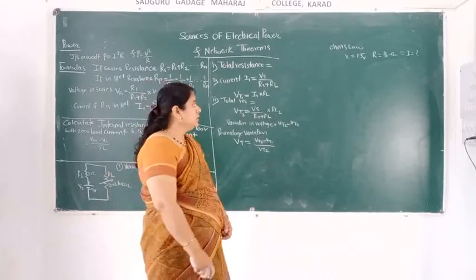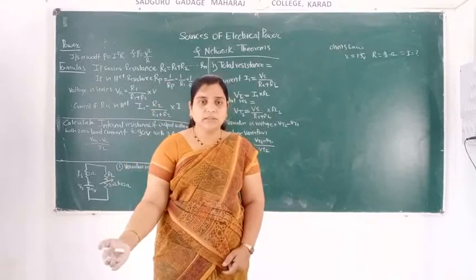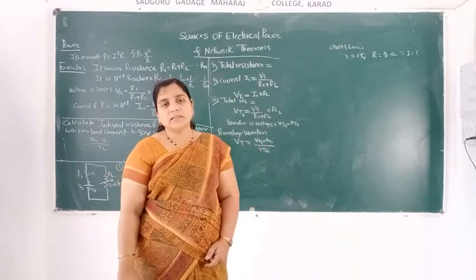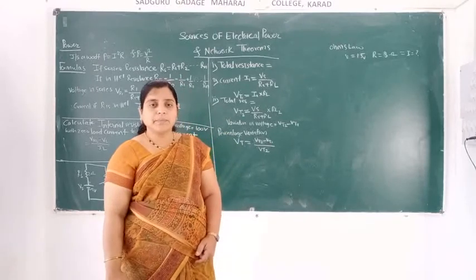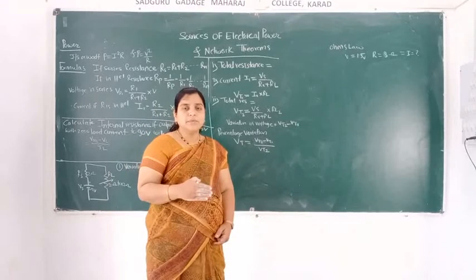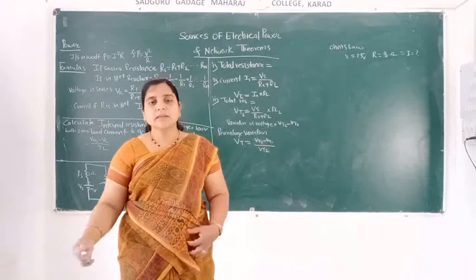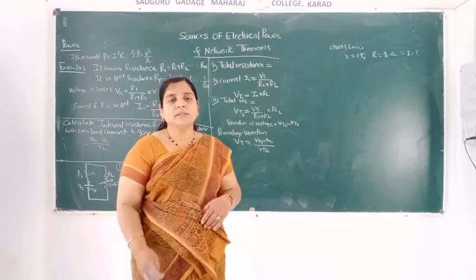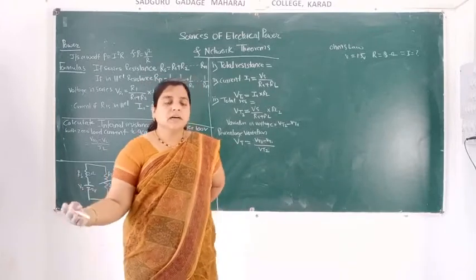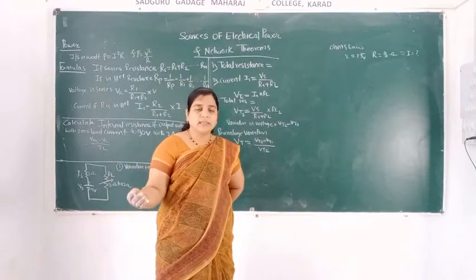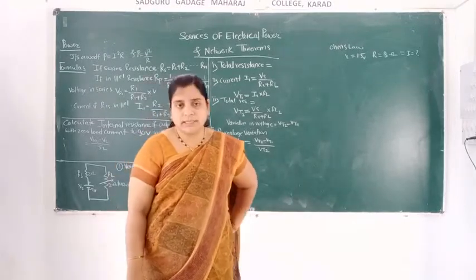In the rectifier circuit, what happens? Alternating current is converted into direct current. That is called the rectifier. There is the oscillator circuit also. In the oscillator circuit, if DC input is given, it gives the output as AC. Means a DC signal is given to the input of the oscillator circuit, then it will give alternating voltage or alternating current, an AC signal, at the output. Then it is called the oscillator.